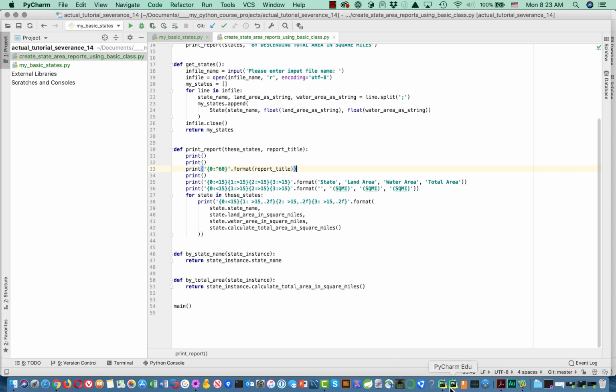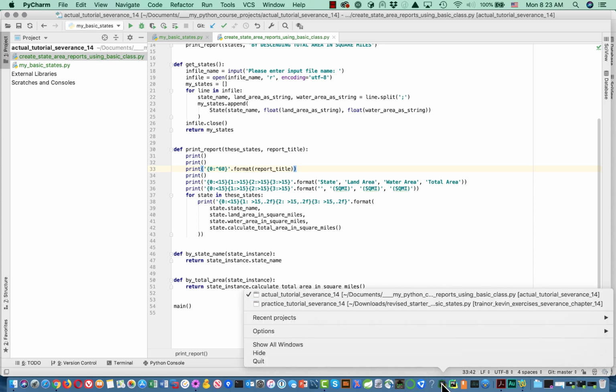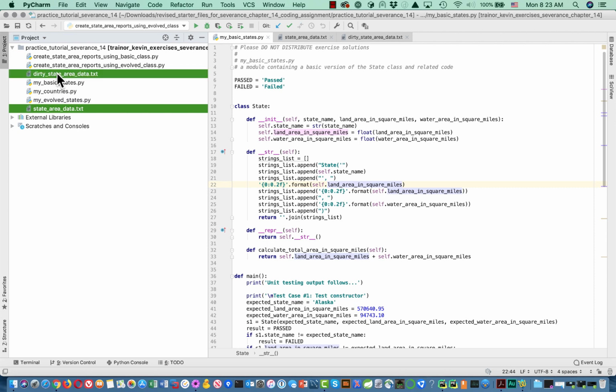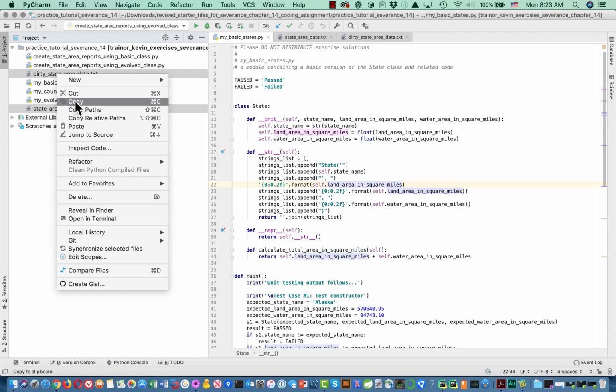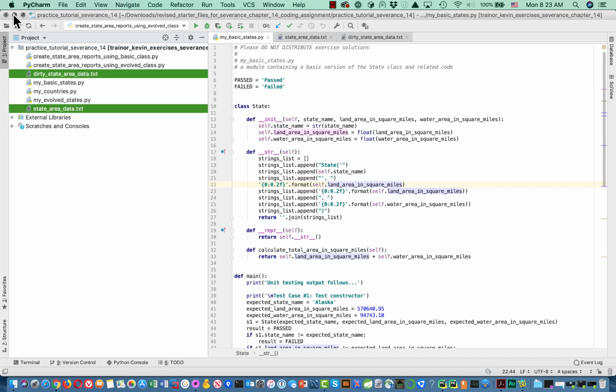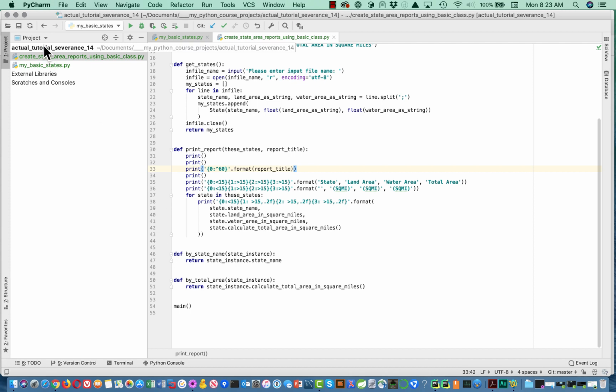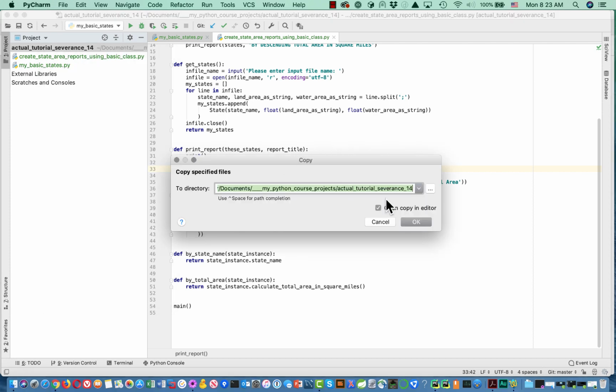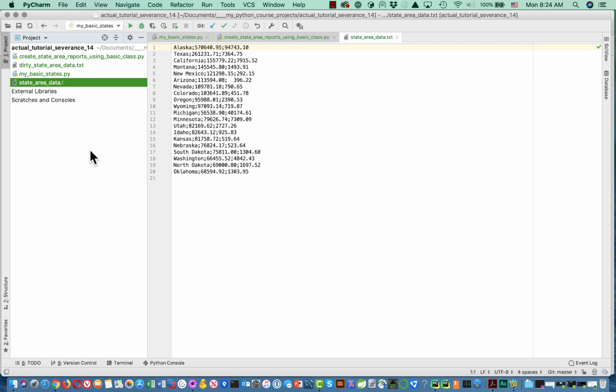Okay, so I'm going to go over to my other project, and I'm going to copy state area data.txt and dirty state area.txt. So I'm going to copy these two to my tutorial project. And again, you don't want to be typing anything at this point in the tutorial. And again,